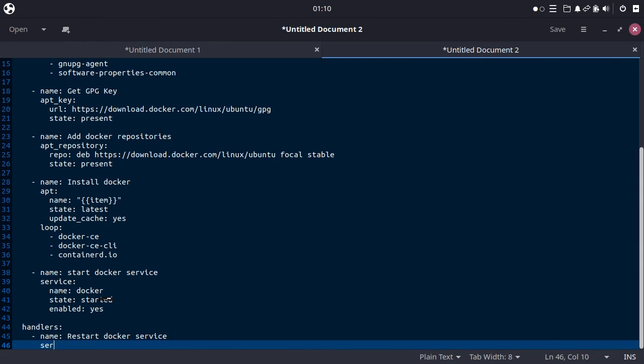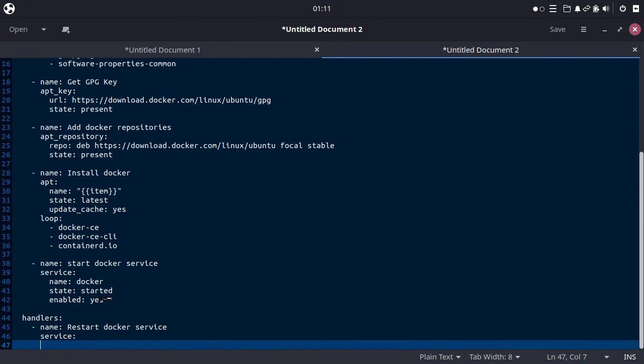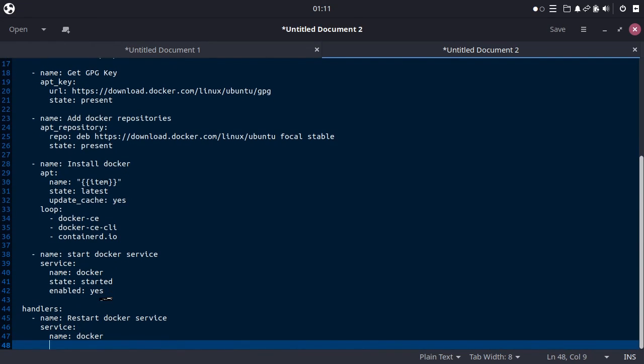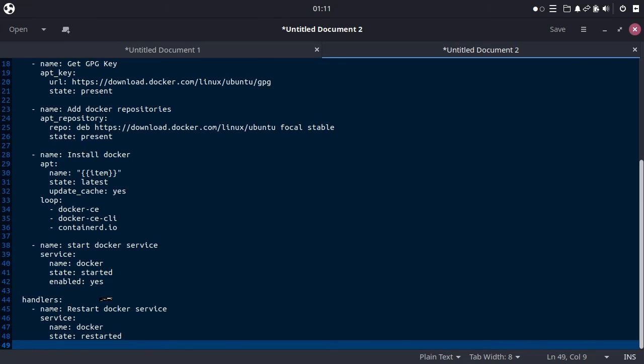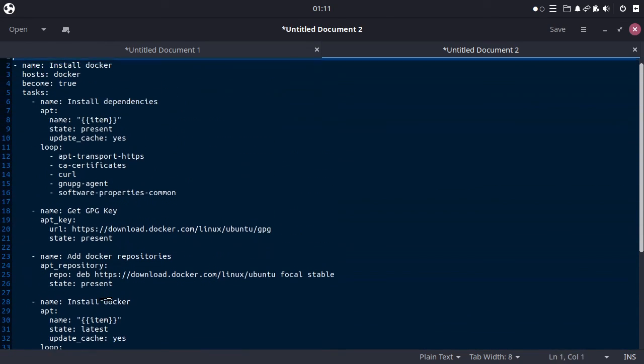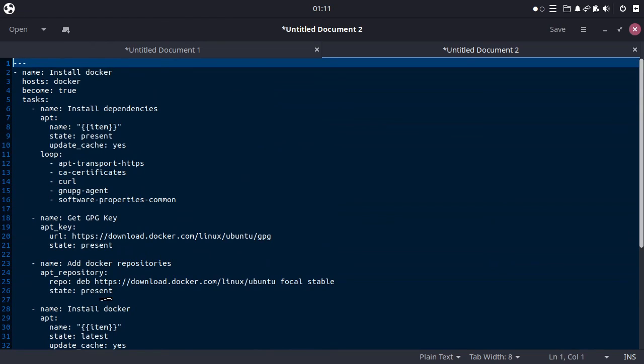And then we need to tell Ansible which service will be restarted. Name Docker, and then state restart. That's it. That's the playbook to install Docker.